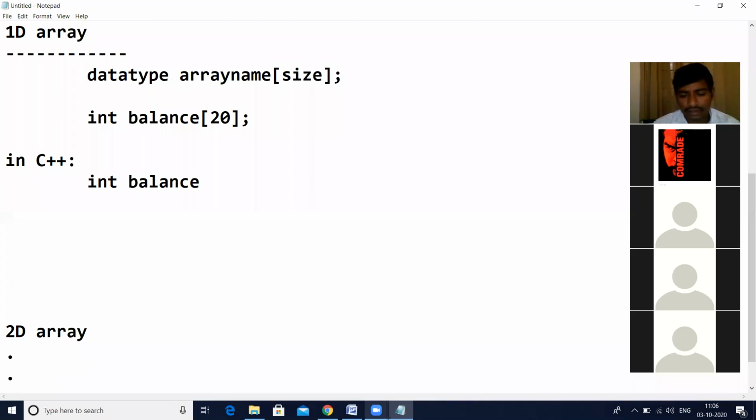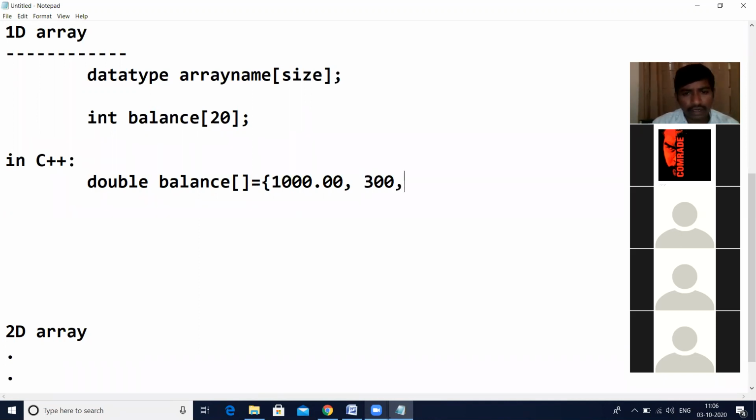So balance is equal to, then within the curly braces we can write, for example, 1000.00. Since it is a balance, we can take this as a double or float, because it is currency. So depending on the data, we have to take the data type.